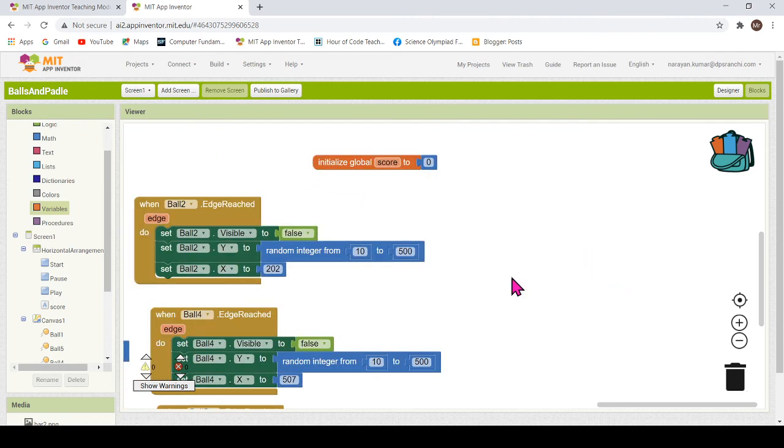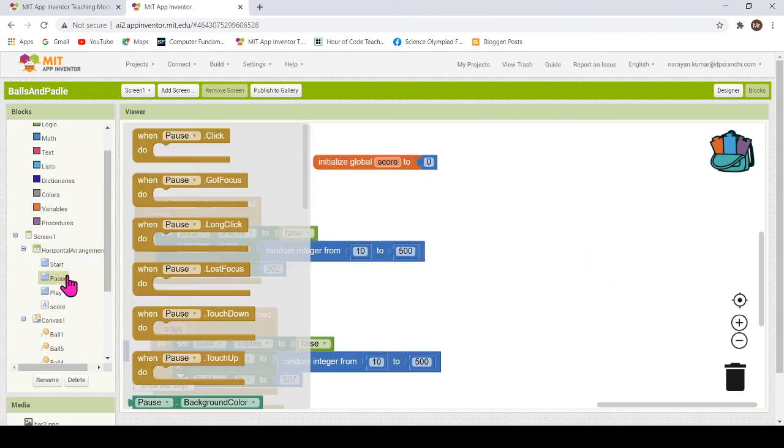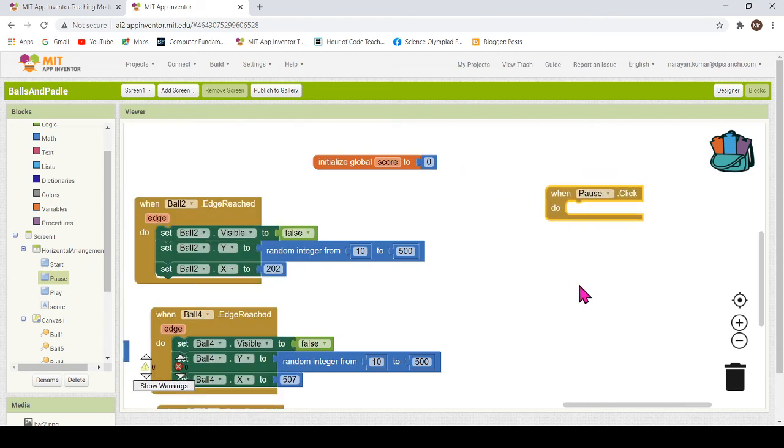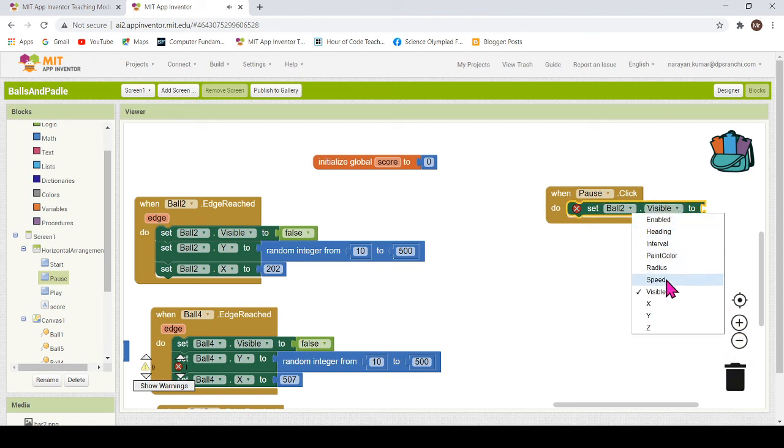To do so, let's go to the pause button and I will say that whenever pause dot click, whenever you click this button, I want the entire event to stop. In order to do so, we will set the speed first. Whenever I click that button, first we will set the ball speed.